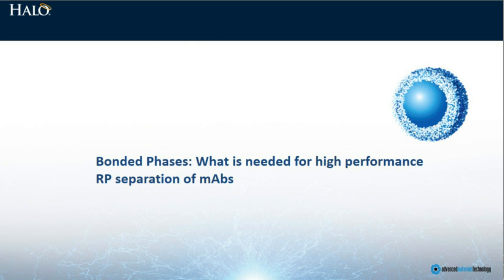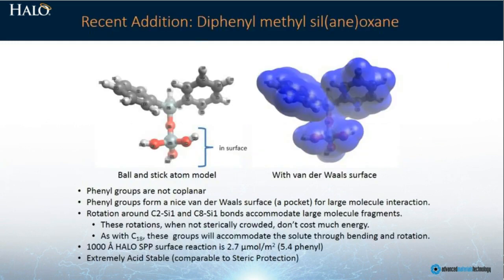Okay, bonded phases. Well, in addition to the classic alkyl bonded phases, C4, C8, C18, there's good reasons from the literature and from history and from collective wisdom from protein chemists that the aromatic bonded phases are useful for protein separations. And we've followed up on this with the development of a diphenyl aromatic bonded phase material for use in protein